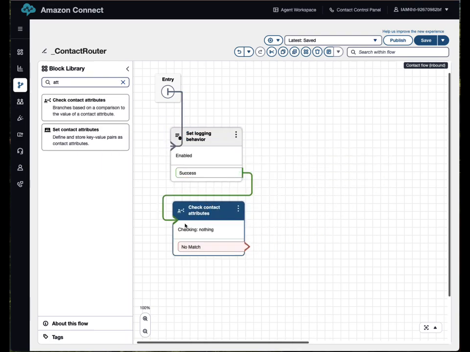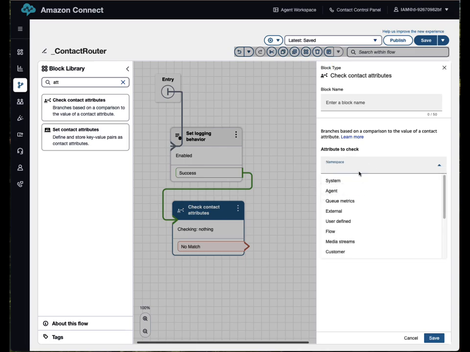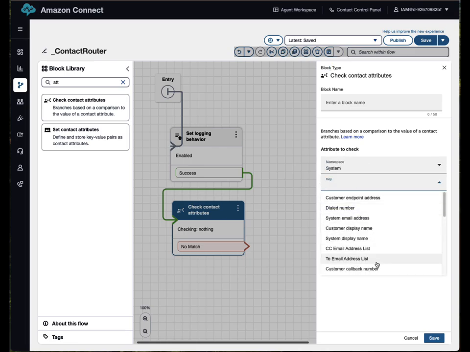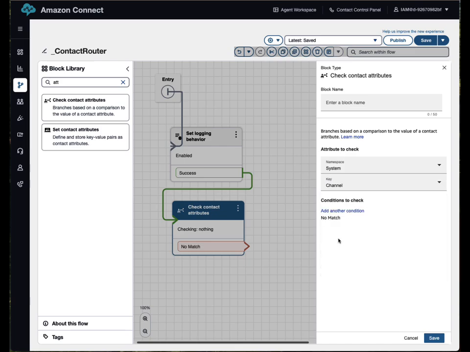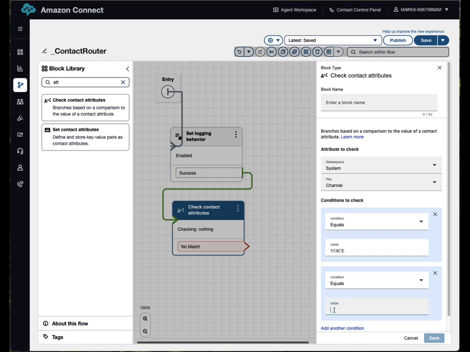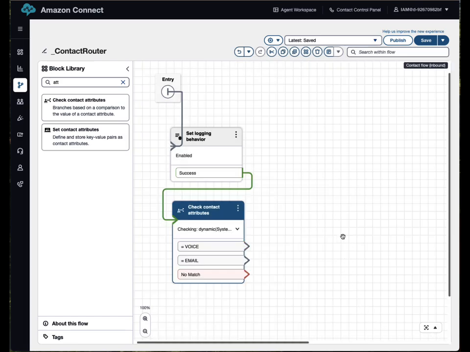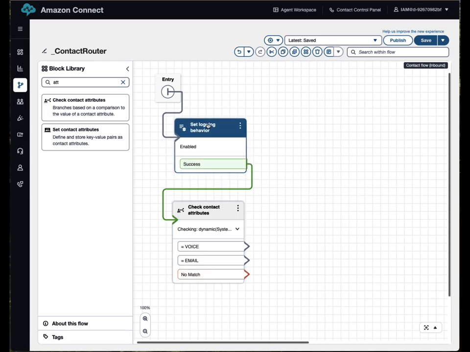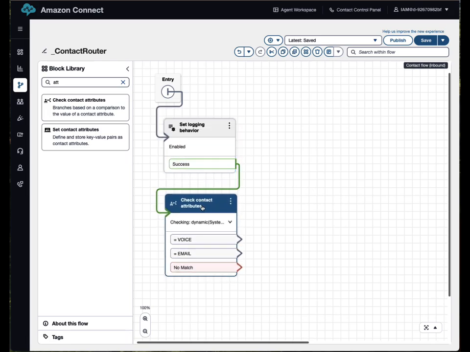And the attributes that we're looking for, well, the first thing we want to do is go into the system, and the key we're going to check is channel. And we're going to see if the channel and the event is equal to voice, or if it's equal to email. And later on, we'll add chat and SMS, and we just need a way to differentiate the kind of incoming